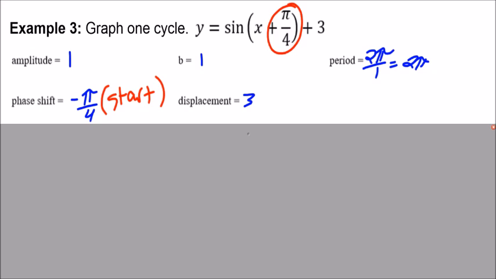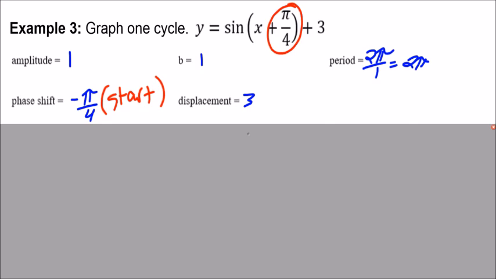we're inside the parentheses, we're adding pi over 4. That means that we're shifting this to the left, in the direction of negative pi over 4. So horizontal shifts, the shift inside the parentheses is always opposite. So if we're adding pi over 4, that means we're subtracting pi over 4, and we're going to the left. And you could instead, for the phase shift right, we're going to the left pi over 4. But I intentionally wrote it as negative pi over 4 because I think that's going to help us with the